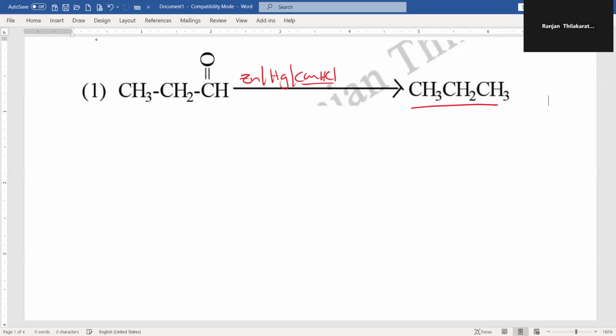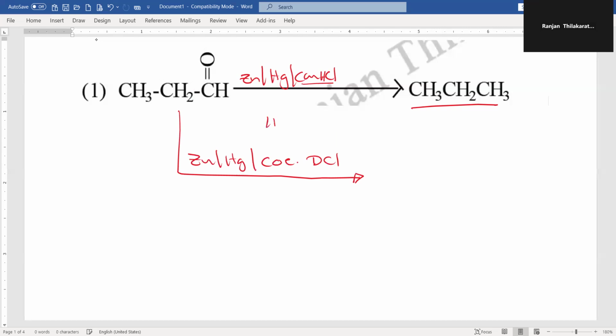Instead of this HCl, you can use DCl. DCl means another isotope of this hydrogen. So Zn Hg. Now I can use conc. DCl. This is same as the HCl. This is the